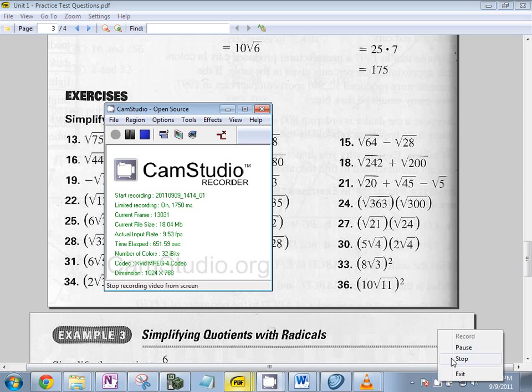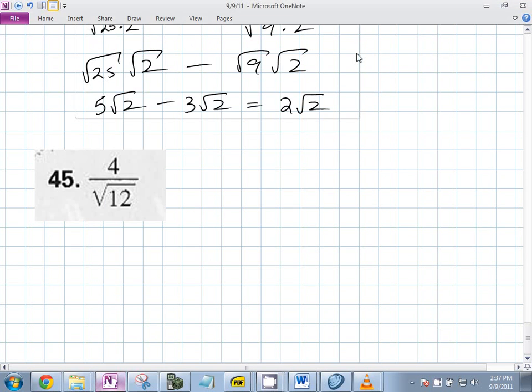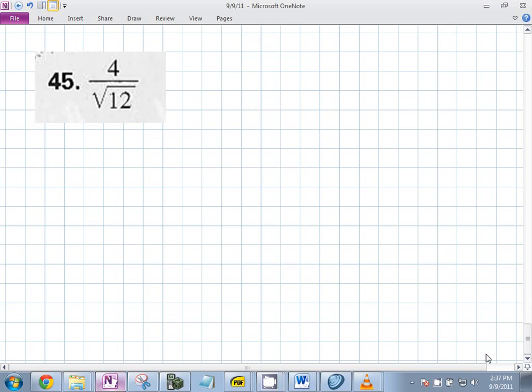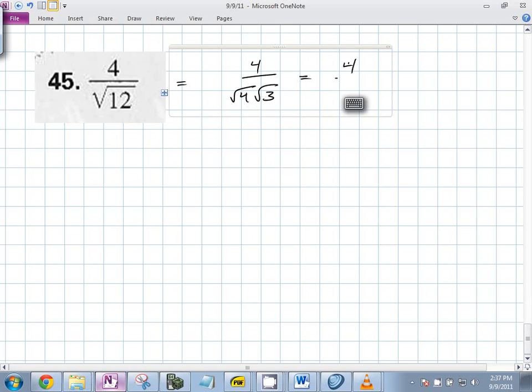We don't like radicals in the denominator. What's the only thing you can multiply by and have the same number? 1. You can only multiply by 1 and it doesn't change. Let's simplify root 12 though. What is 12? Exactly, so it's the square root of 4 times the square root of 3, which is 4 over 2 root 3. What's that become? 2 over